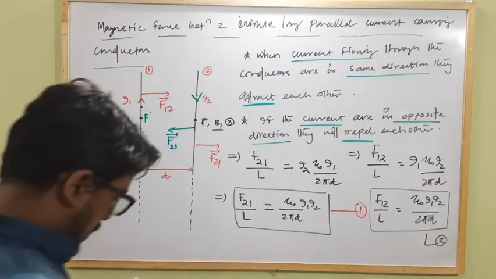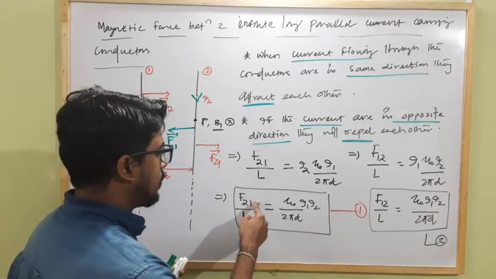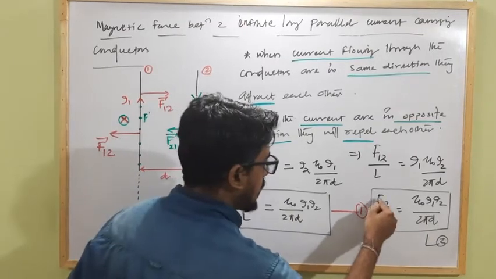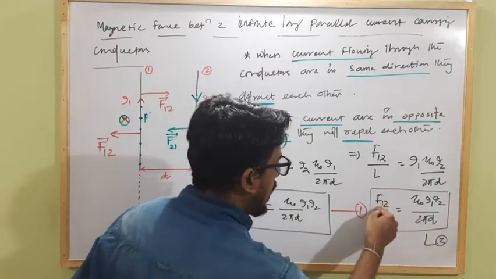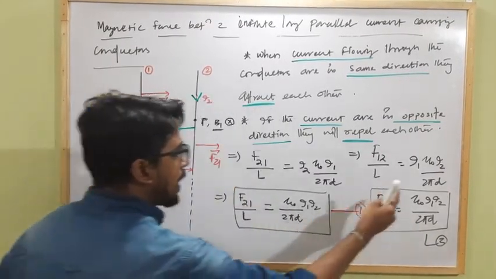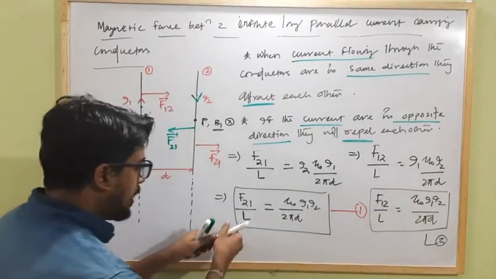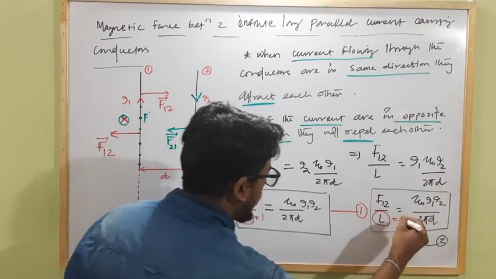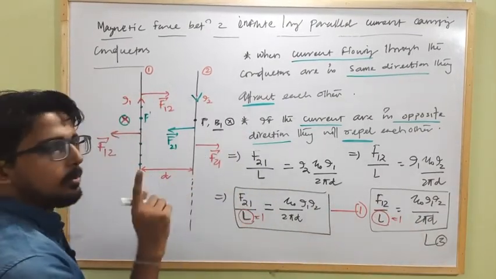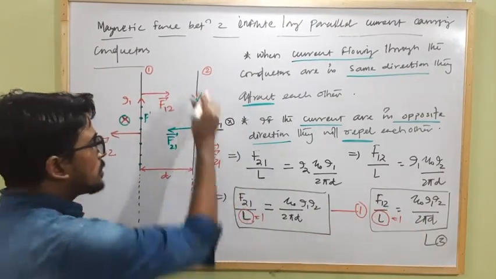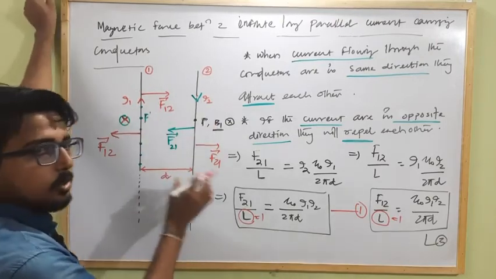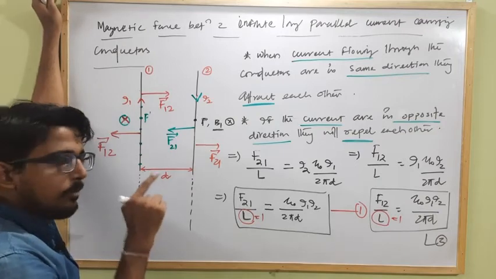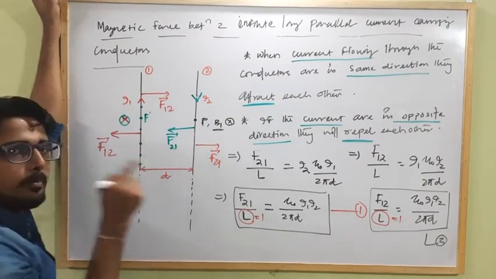Okay. So this is the expression for force acting on current carrying conductor 2 due to 1, and this is the expression for force acting on current carrying conductor 1 due to 2, and these forces are per unit length. So in place of L we can write 1, and here in place of L we can write 1, force per unit length of the current carrying conductor. As the lengths are infinite, we cannot determine the force for the complete length, so we have to determine the force acting on the current carrying conductor per unit length.